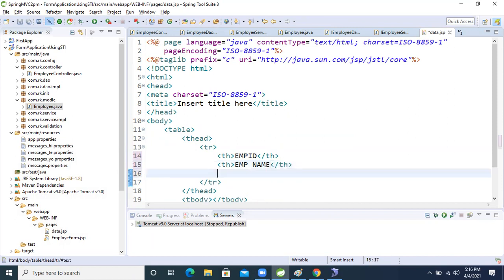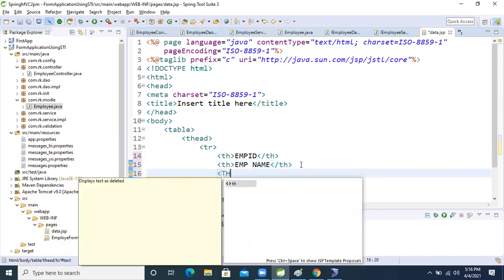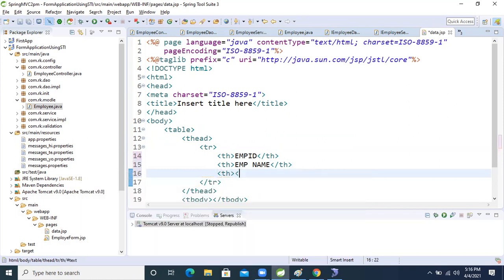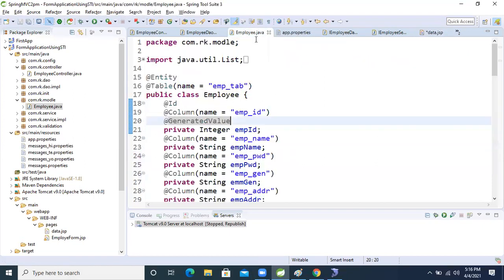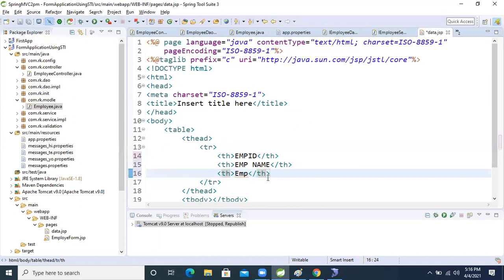Another one is what? th. So imply EMP. Another one is the password. Imply password, EMP PWD, password.